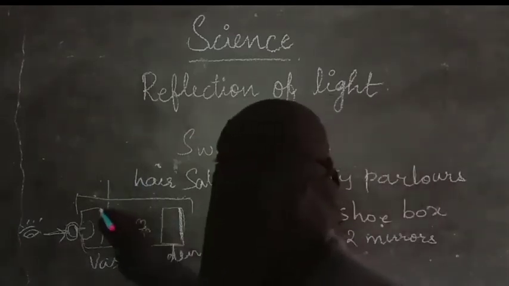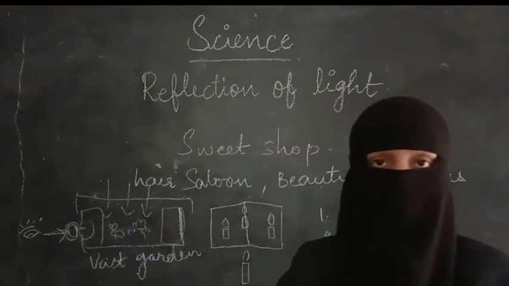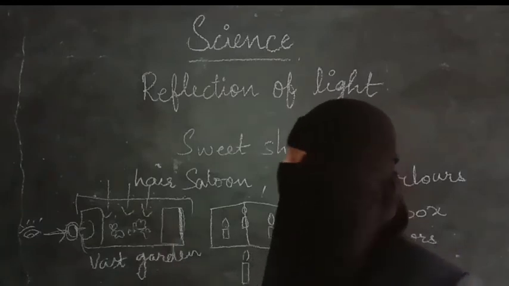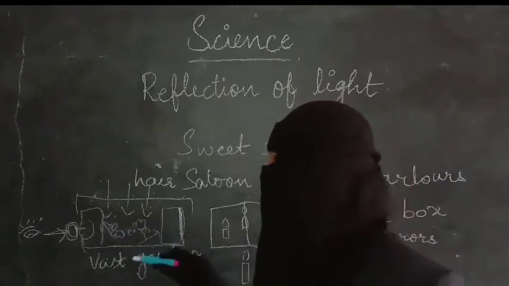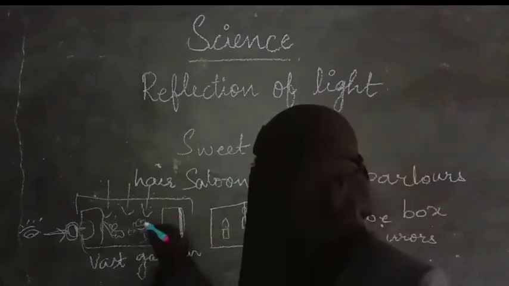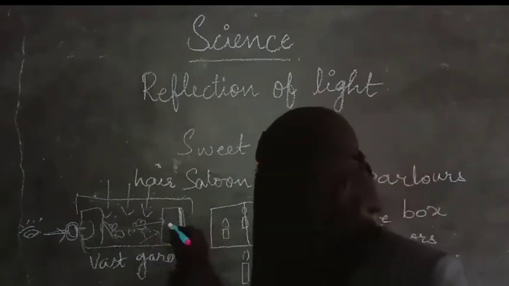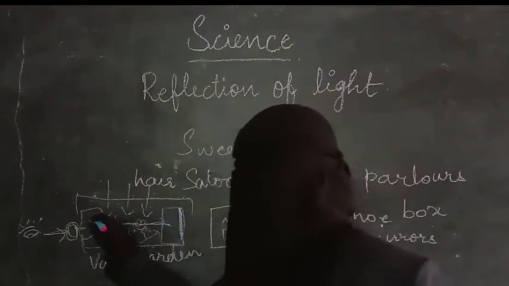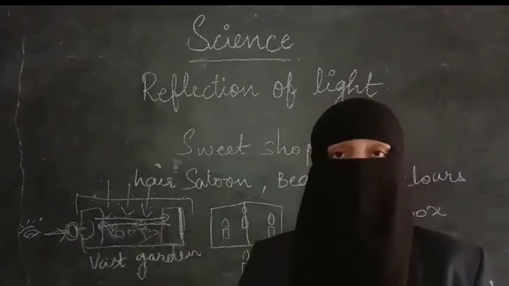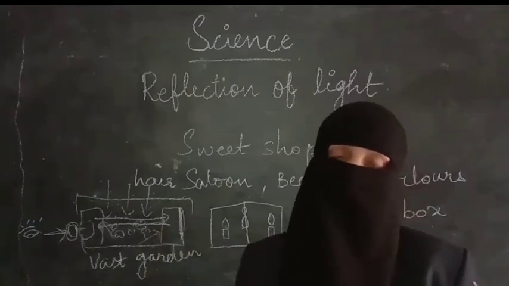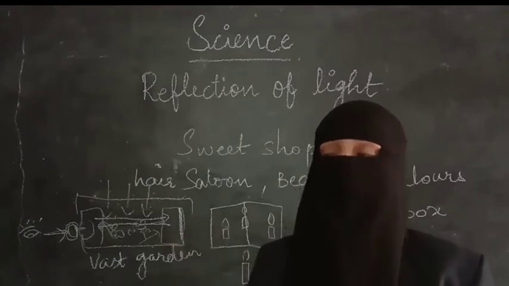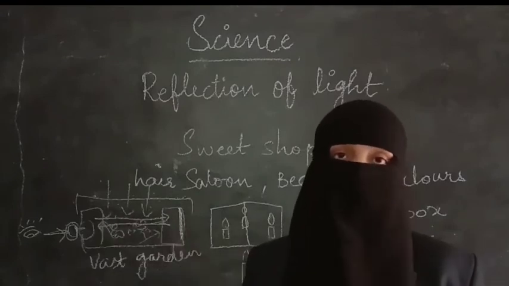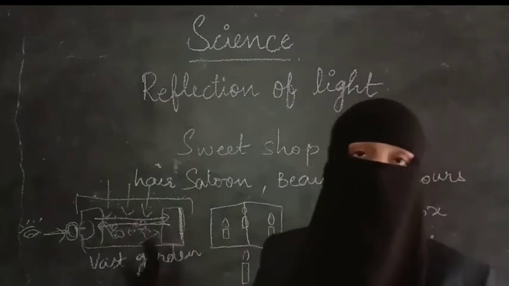First the light falls on the different surfaces. Here the light falls, here it falls. And from there the light will be bouncing. And as the light bounces, it goes and falls on the mirror. And the light from the flowers will also fall on the mirror. And from this mirror the light will be falling on the second mirror. And this mirror's image will be forming in this mirror. In this way, multiple reflections will be taking place. And because of multiple reflections, because of multiple images, we see this small place as a vast garden. It is very easy and it is a very good activity to do.